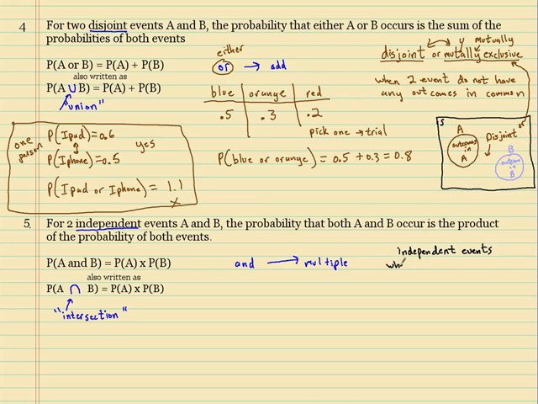Okay, when the outcomes of one event do not affect the outcomes of another event. Okay, when the outcomes of one event do not affect the outcomes of another event. Okay, so